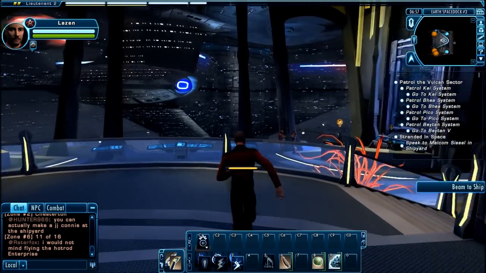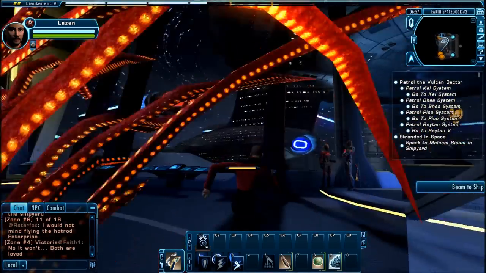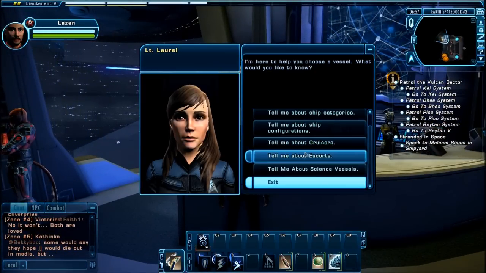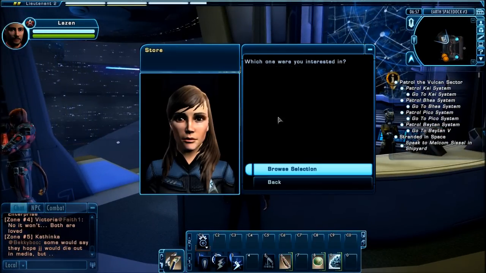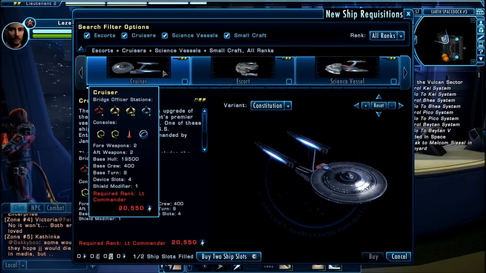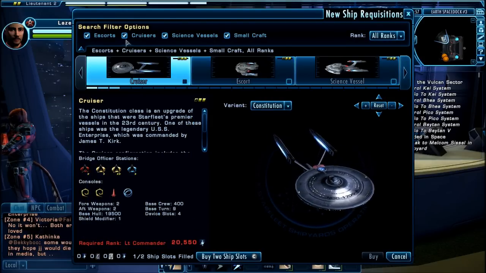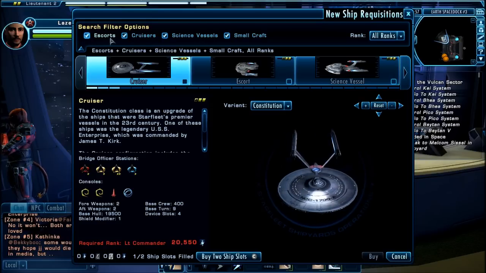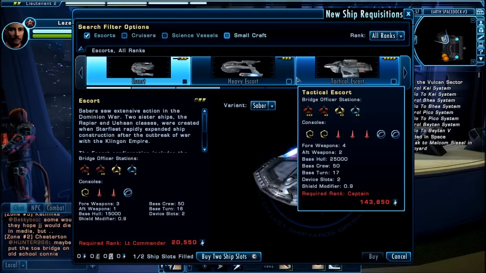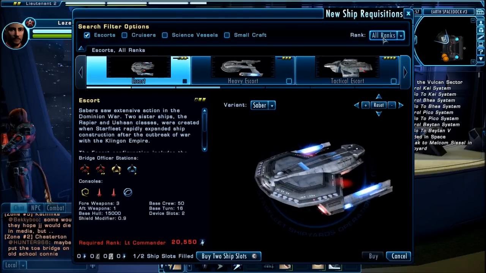Now this is the shipyard where you can purchase ships. So you go ahead and speak to Lieutenant Laurel here. We'll go to the store, browse selection. This is a newly updated shipyard. It actually shows you models of the ships. I really like it. We're going to go ahead and look at escorts, because that is what I will be using as a tactical officer. We're going to go ahead and,